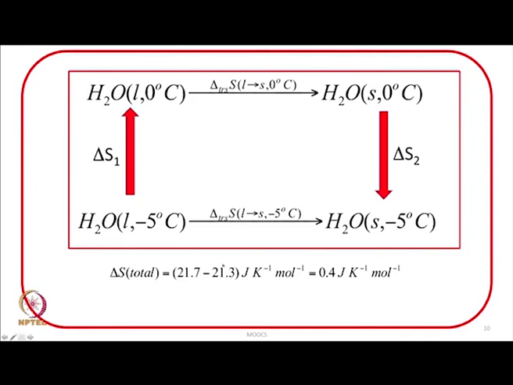For the system, it is minus 21.3 joules per Kelvin per mole, and when you take the total, delta S system plus delta S surroundings, it turns out to be 0.4 joules per Kelvin per mole. So, once again, the point to be noted here is that the total entropy change in the system plus the entropy change in the surroundings turns out to be positive. Therefore, the process must be spontaneous,